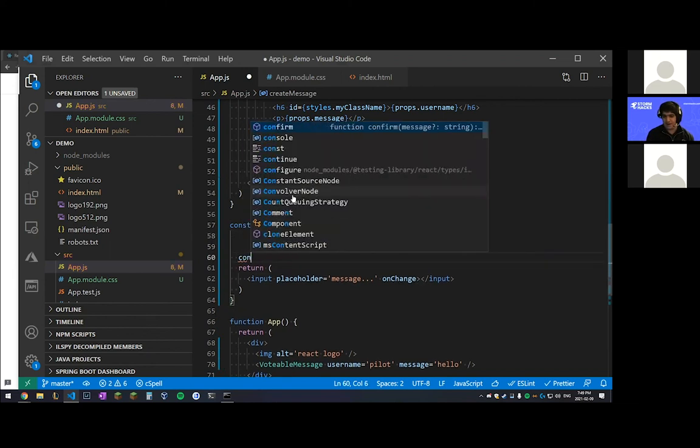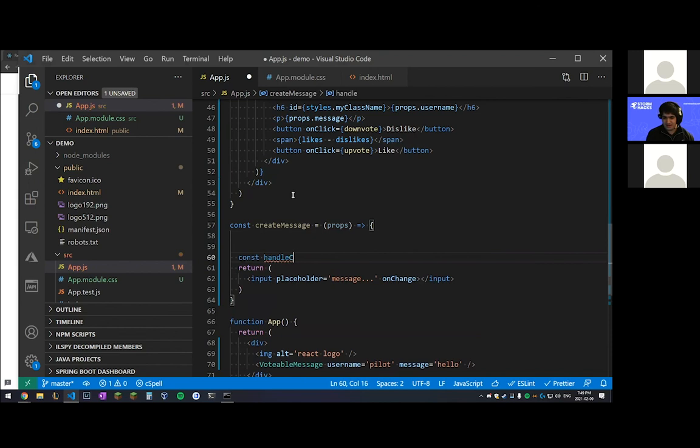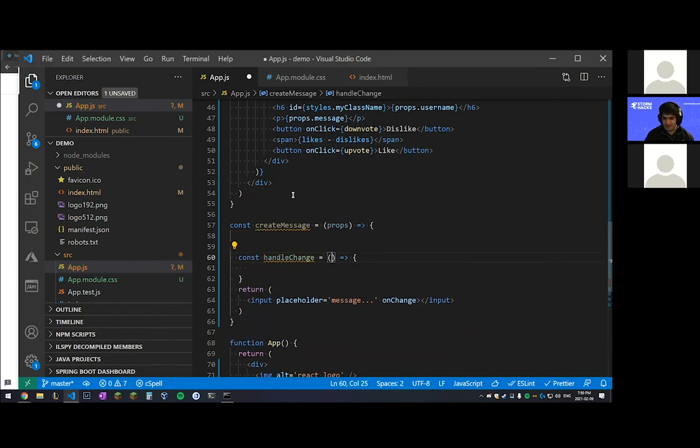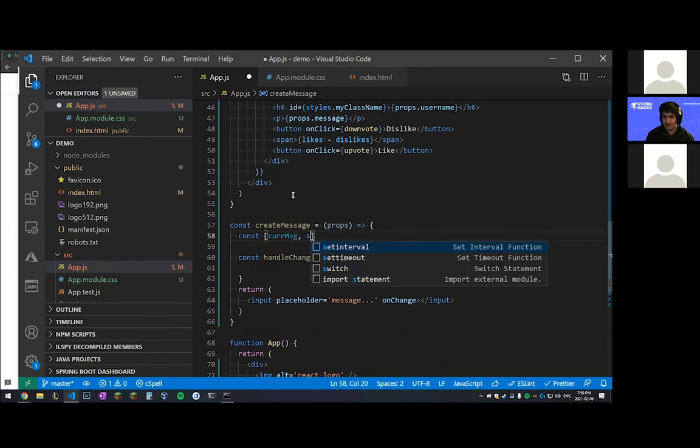And what do we pass in? Let's create a function, handleChange, and it will take in an input event. This will become relevant in a second. We'll need event, and also we need a state. So again, let's use const curMessage, or we'll use MSG just for shorthand, and setCurMSG equals useState. And what do we want the default state? An empty array or empty